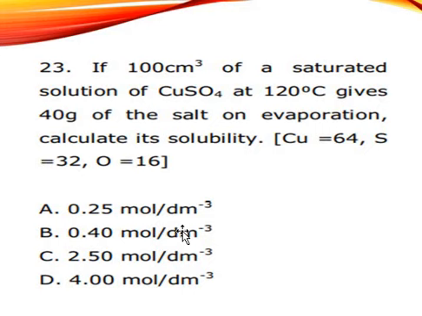Then we're given a mass of 40 grams of the solid, and we need to calculate the number of moles of the salt using its atomic weight and its mass in grams. So we'll do the calculation. Our compound of interest is CuSO4, Cu for copper, S for sulfur, and O for oxygen. We're going to calculate the weight of this compound